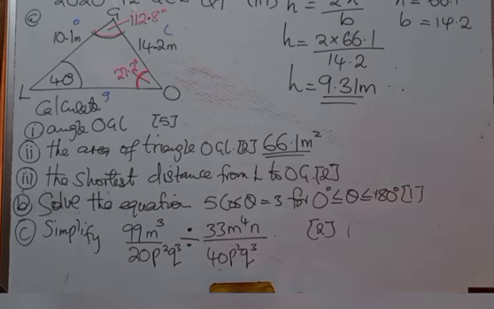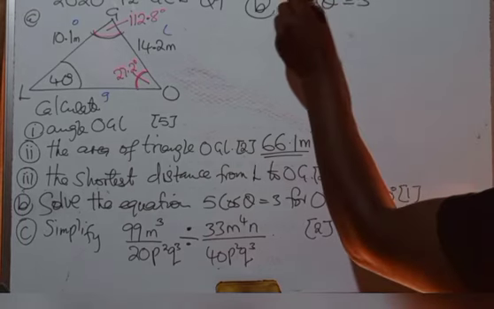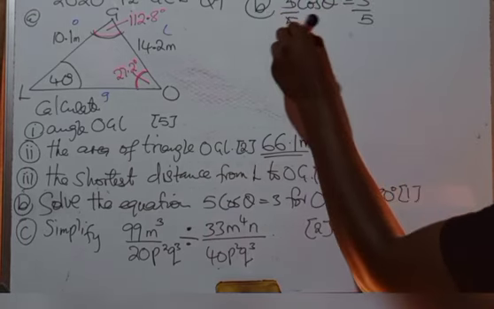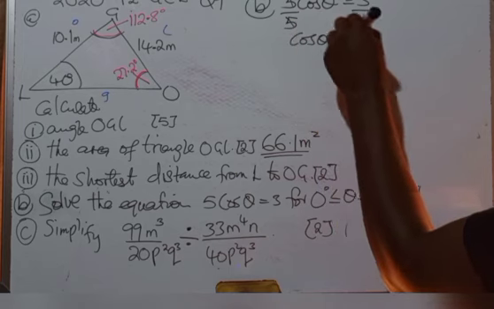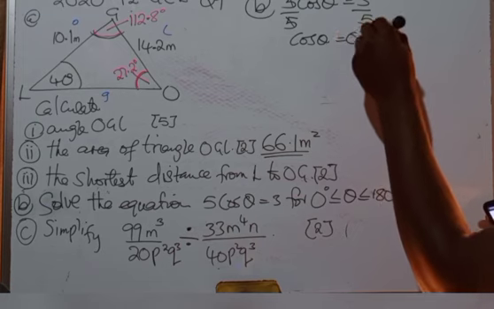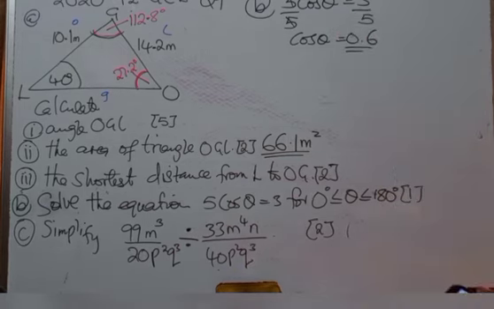What is the other question? Solve this equation, which is under trigonometry. It is supposed to be solved like this. You divide both sides by 5. So we have cos theta is equal to 0.6. I'm sure this is the answer because 3 divided by 5